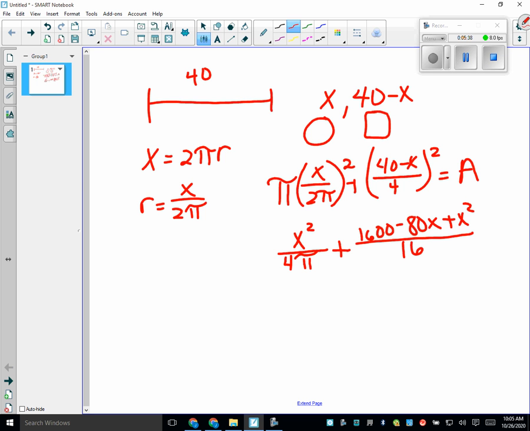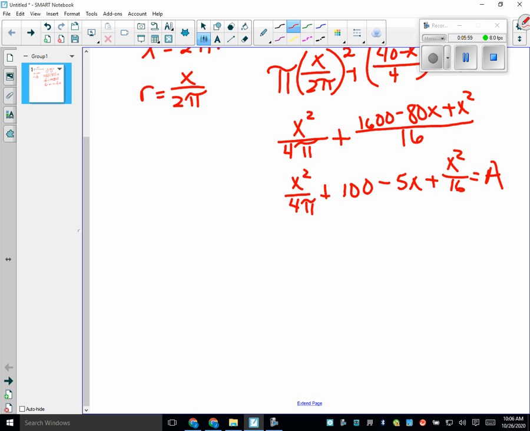Yes. I'm going to clean it up before I take the derivative. Because this is x squared over 4 pi plus 100 minus 5x plus x squared over 16. Is that right? And that's much easier to take the derivative of. Now I take the derivative. This becomes x over 2 pi